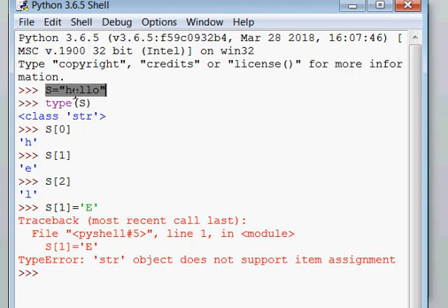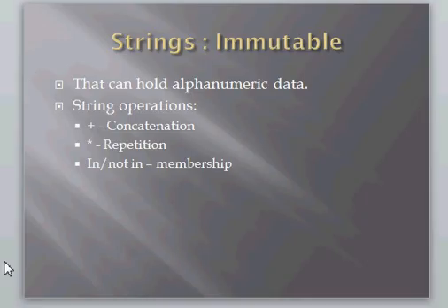For doing so, you need to overwrite the same string with the new data. That's why we cannot change the elements of the given string, and that's why we call a string immutable.